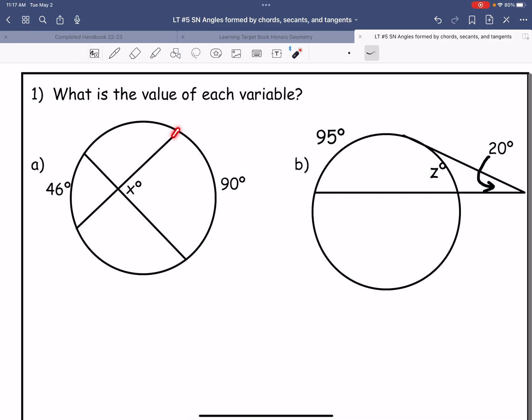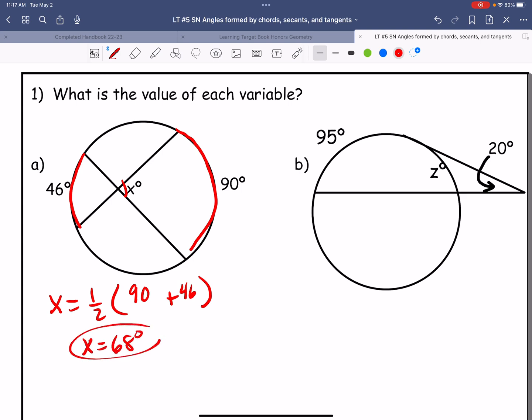Here, we're noticing how the two lines intersect. They intersect inside the circle. So what I know is that the measurement of my angle x is half the sum. And what is the sum? The sum will be the sum of the intercepted arcs, which will be 90 plus 46. So we do 90 plus 46, take half. Oh, let me get the calculator here. So we get 68